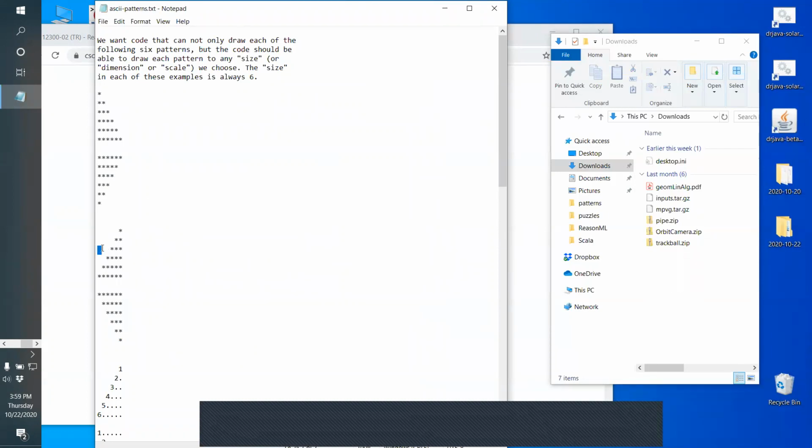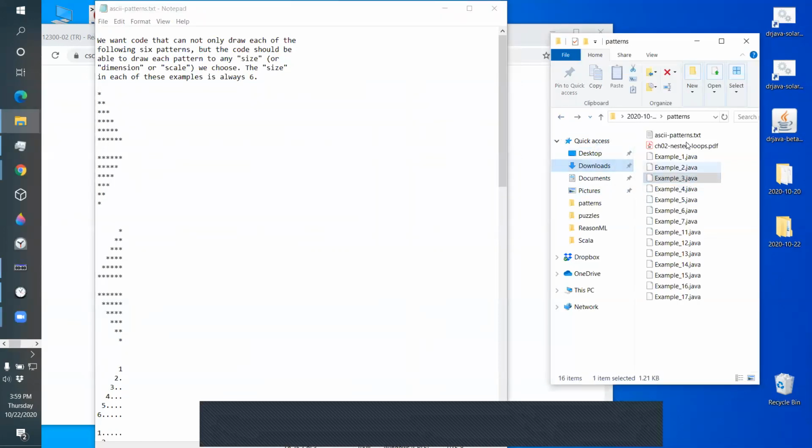This one starts to be tricky, because now a row really has two parts. You can't somehow not do those spaces. If you don't do the leading spaces, you don't have the stars in the right place. So this one, the inner loop has to either have an if statement to ask, am I at the beginning of the line, or am I at the second half of the line? Or the inner loop has to be two for loops, one for the first half, one for the second half. So let's look at